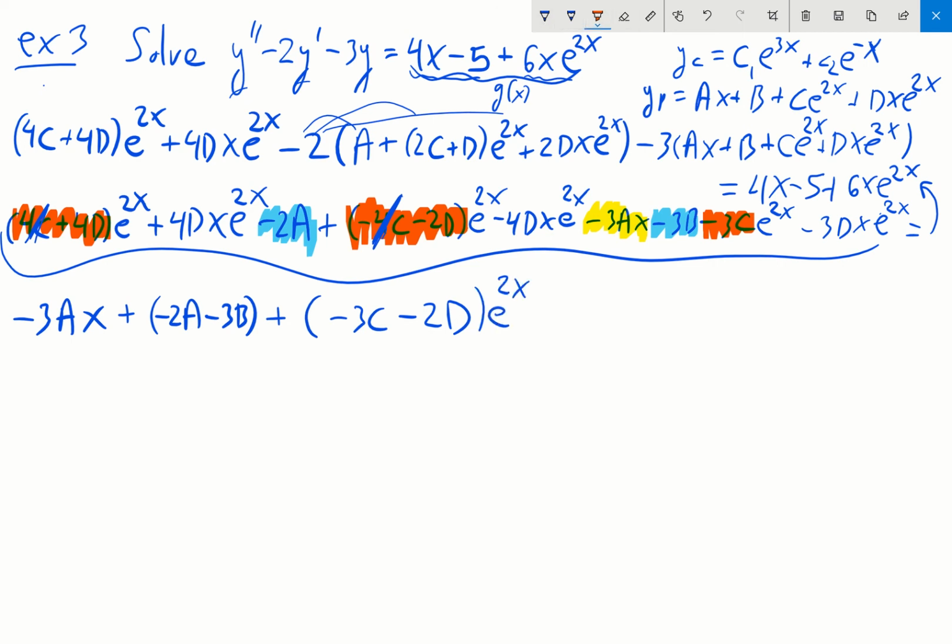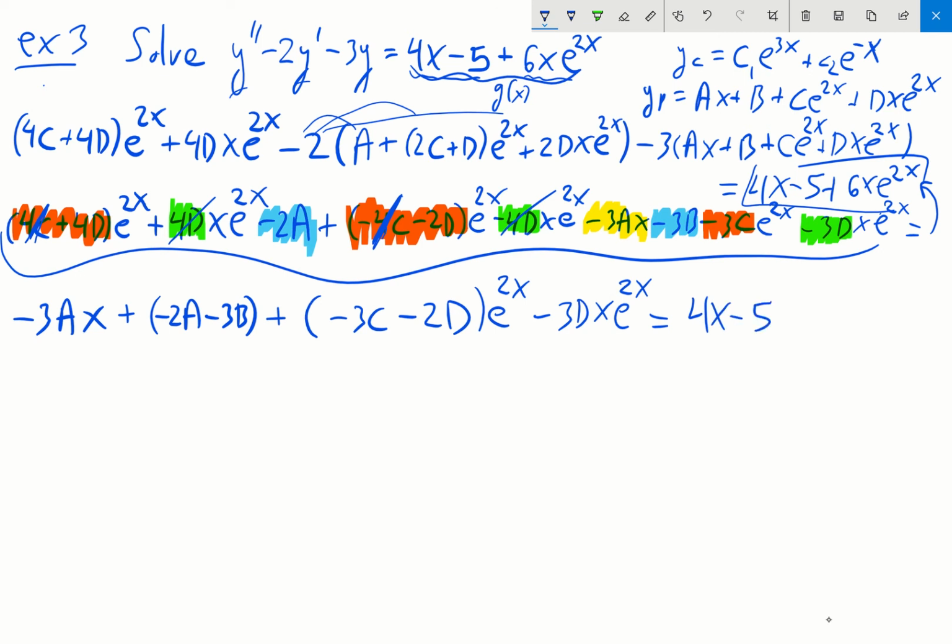And now whatever is left over should be the x e to the 2x type terms. We have a 4d, a negative 4d, and then from over here we have a negative 3d. So the 4d and the negative 4d cancel, and so what we get is simply negative 3d x e to the 2x, and this is supposed to be equal to that g of x, which was 4x